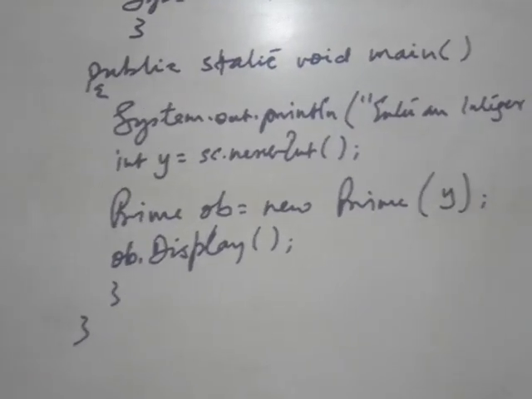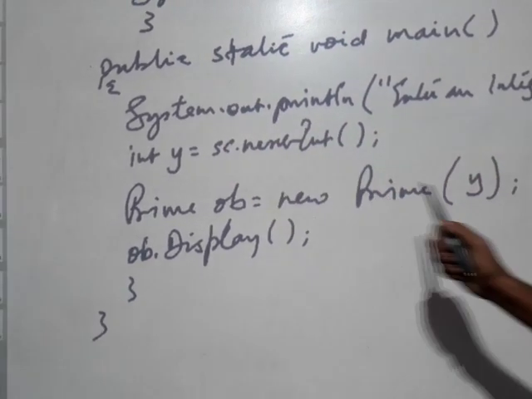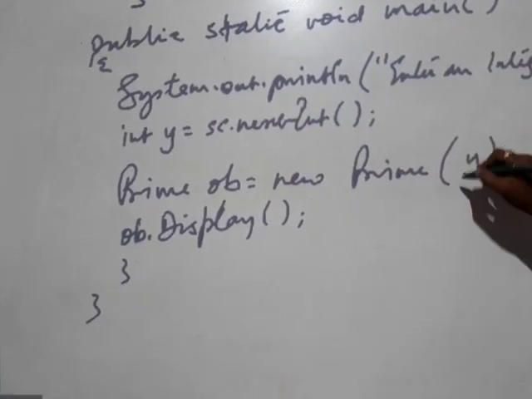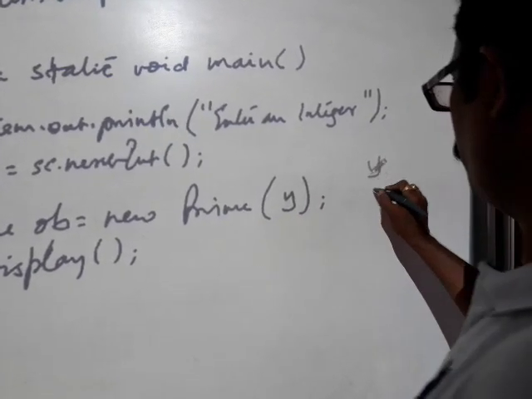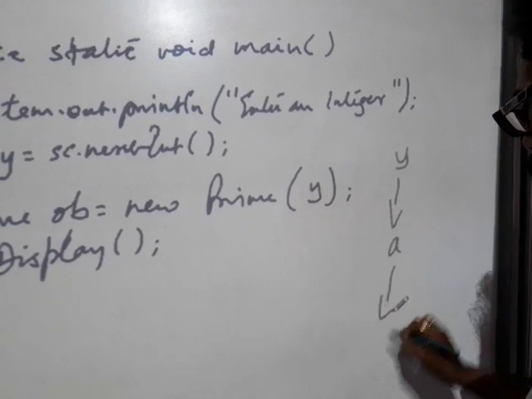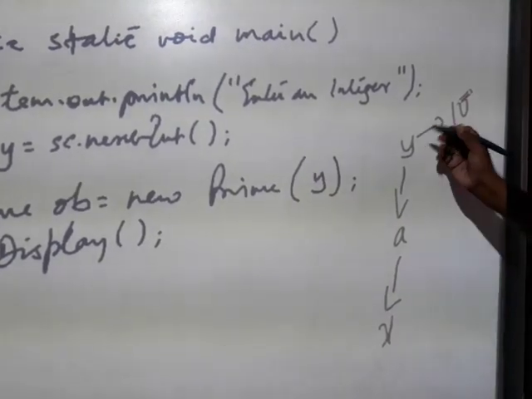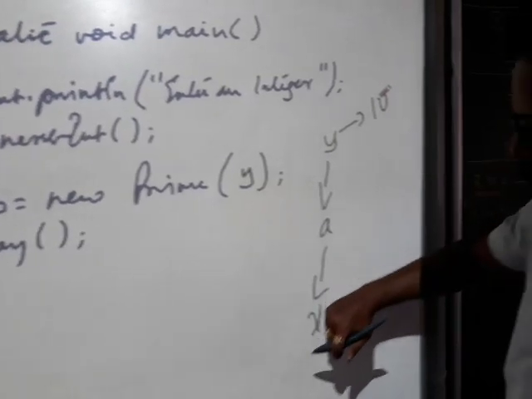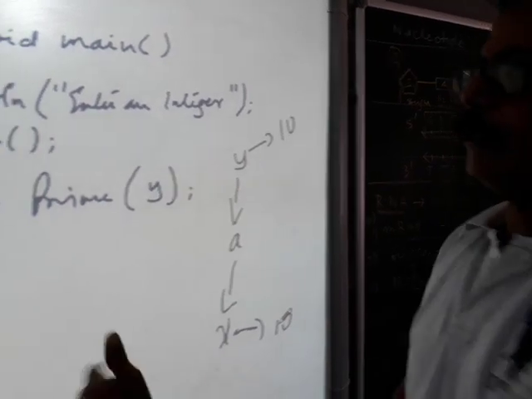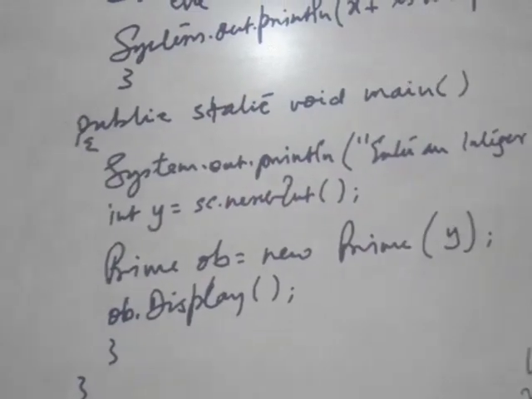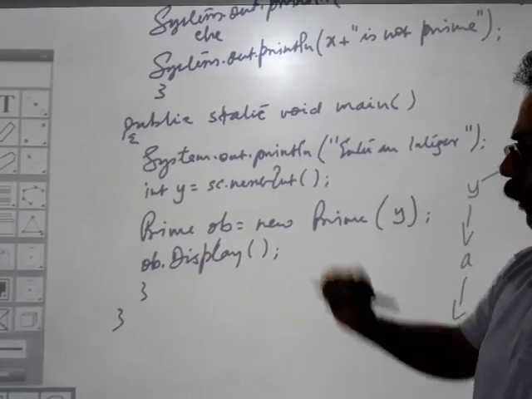So here what happens, I have used a parameter. You can use a value also. Now instead of writing all these things, instead of writing y, I can simply give any number over here. Then it becomes an argument. So here the y value goes into a and the a value goes into x. In other words, suppose I take a value as 10, so 10 will be passed into a, and the value will go into x. That means x at the end will store 10. So 10 will be manipulated and checked whether it is a prime number or not. And that's how it will be displayed. And then of course, we know the function is invoked here.